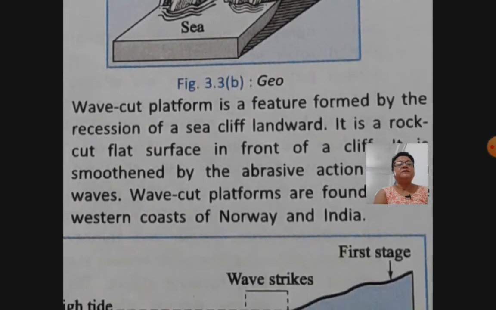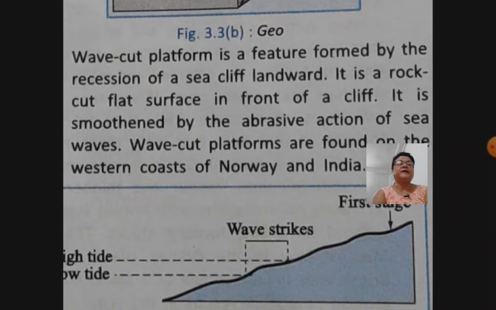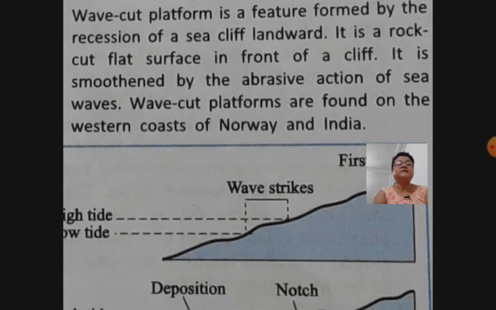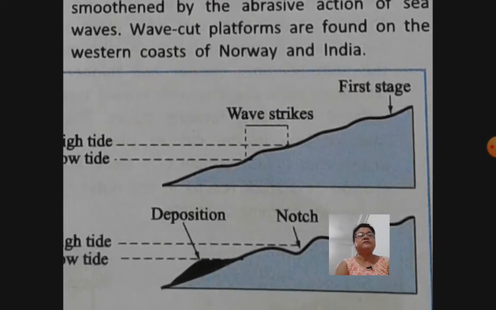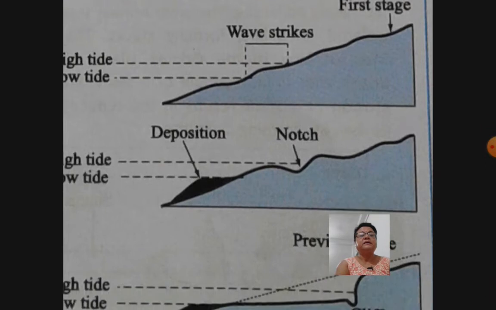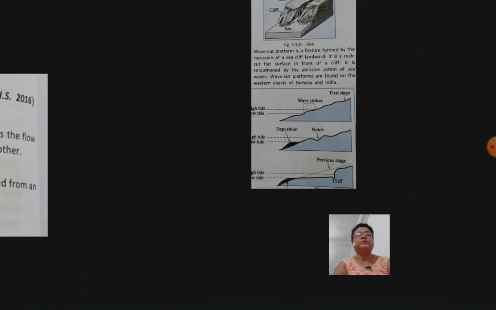Wave-cut platforms are the features formed by the recession of a sea cliff landward. It is a rock-cut flat surface in front of a cliff. It is smoothened by the abrasion action of the sea waves. The wave-cut platforms are formed on the western coast of Norway and India. यहाँ तिमीहरुको देखाएको छ फर्स्ट स्टेज, यो देखाएको छ। त यहाँसम्म भयो तिमीहरुको यो प्रश्नको उत्तर।